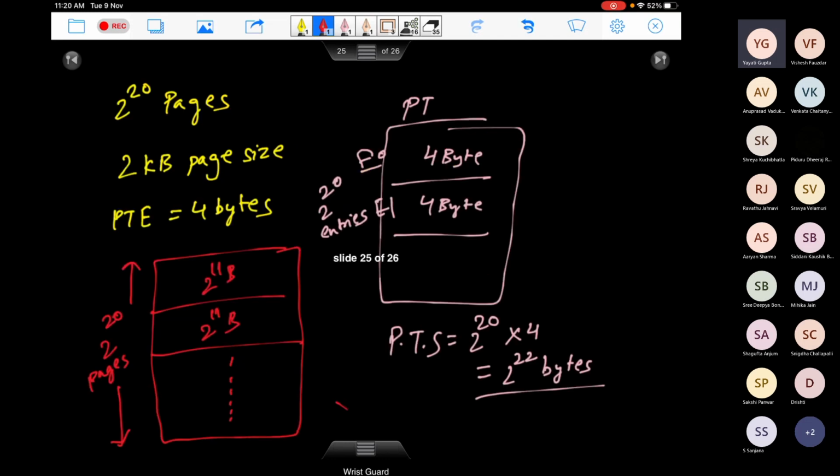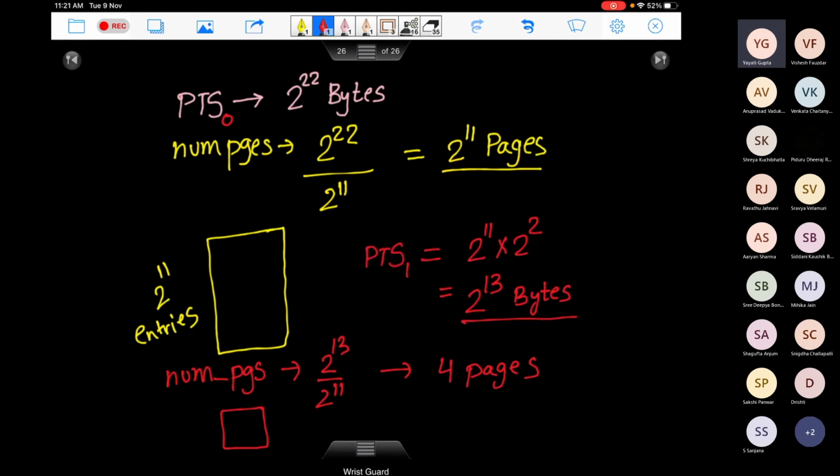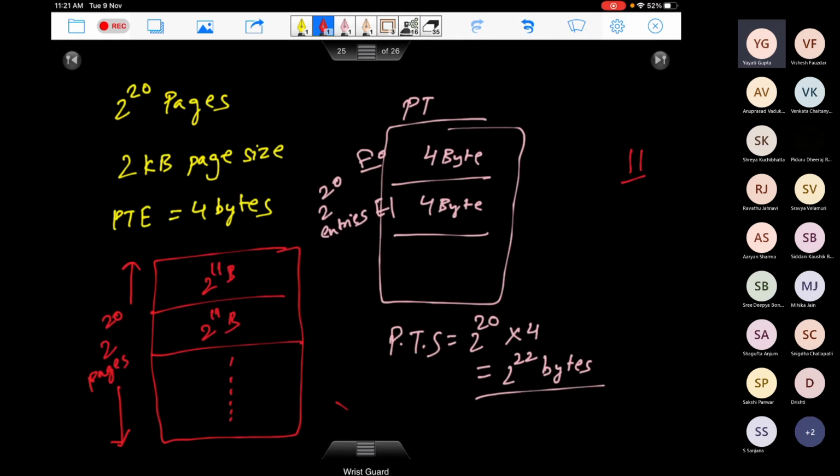How much will it be? So offset is how much? Offset is 11, right? Yeah, so it's actually quite easy to see. Your offset is 11 anyhow. So if you look at the maximum number of entries possible in one page, when you look at that last level page table, we'll always keep it full, right?